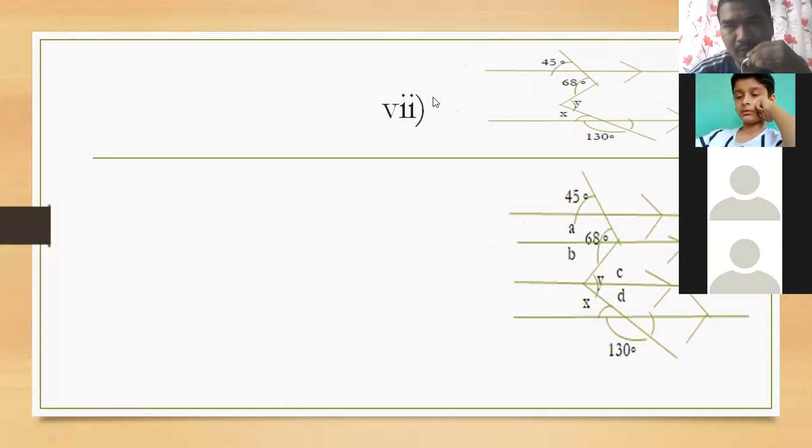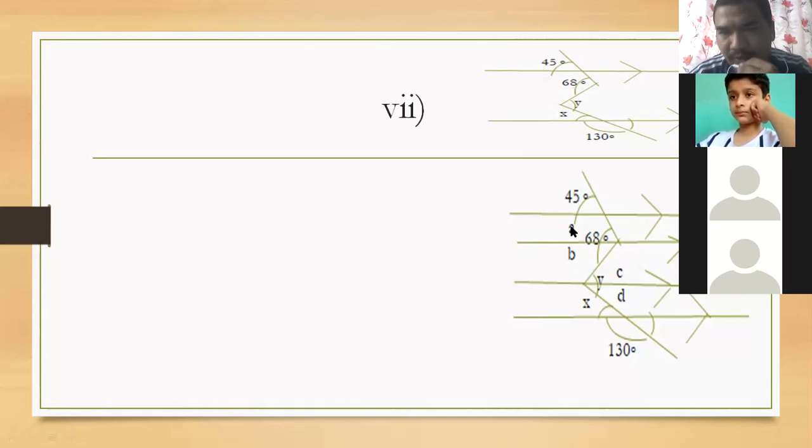In this one, we have to do two constructions, I have shown there. You can note down, or you can take the screenshot now. Later on, you can note it in your copy. From this 68 degree point, we have to draw one line parallel to this one line, and this line must be parallel to this one also, where I am pointing. And look at this 68 degrees divided into two parts, one is A, another is B.